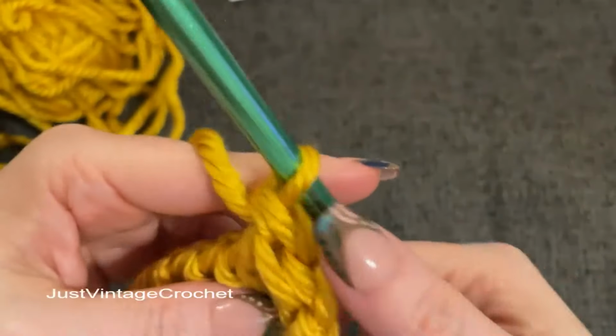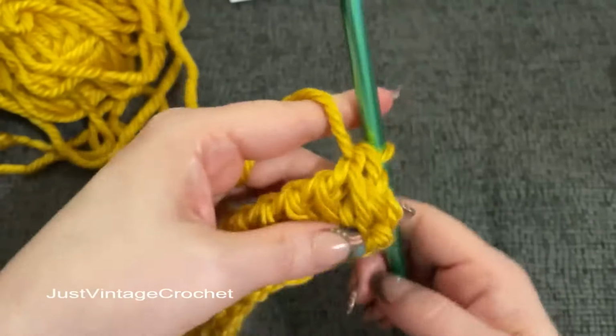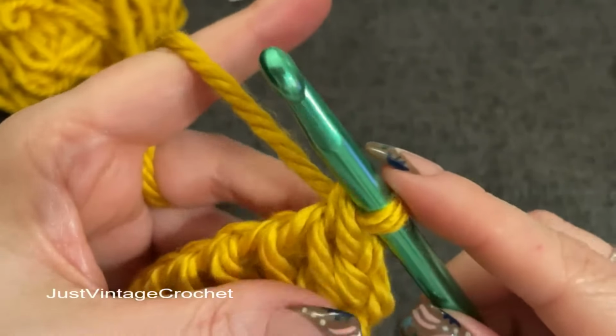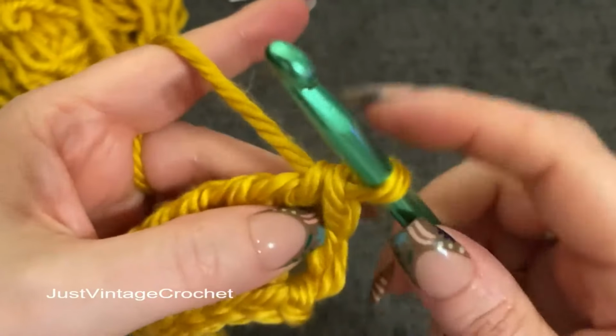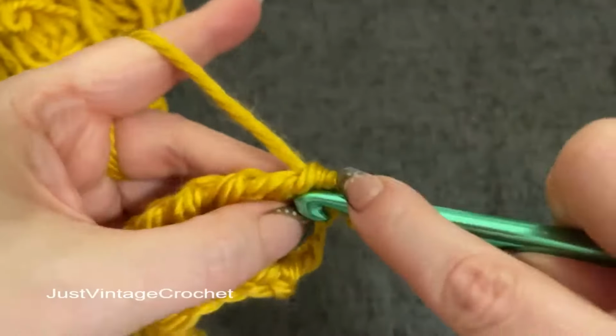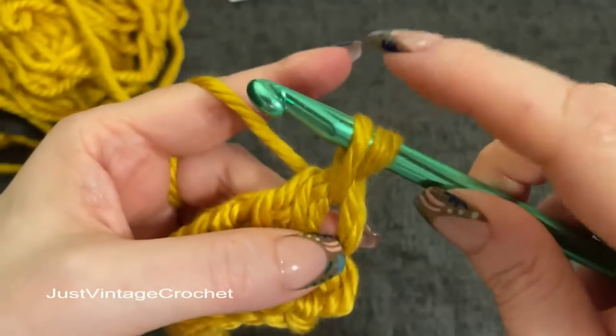Okay, and you can see our side stitches, because we're keeping them small. Look how nice and neat our edge is, and it's not buckling. So keeping our yarn close to the hook again, we go into our very, very first space right here. Sometimes you have to physically open it up to find it. And this will be 1 and 2,